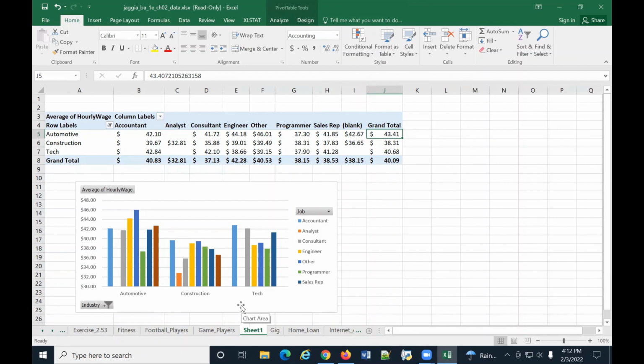Yeah. Programmers get paid around the same, no matter which industry you go into. Very good, very good. So programmers are not changing as much from industry to industry. Okay. Well, hopefully that gives you a little bit of a flavor of what we're talking about when we